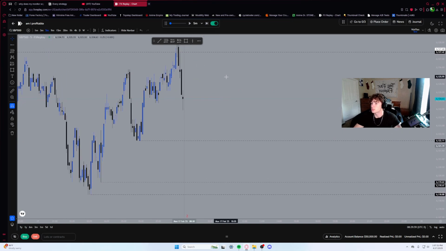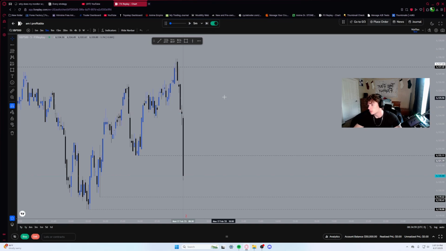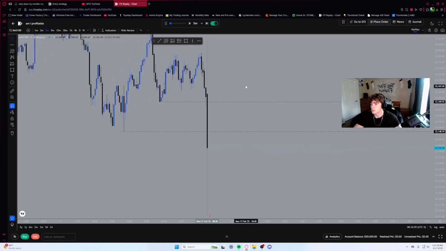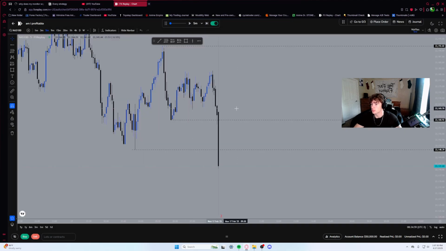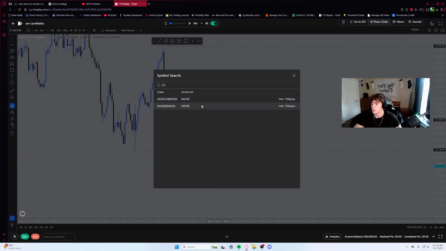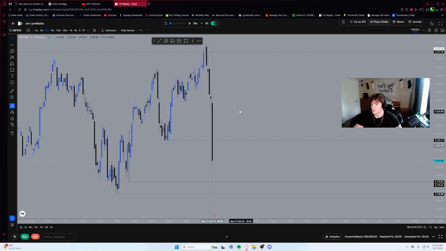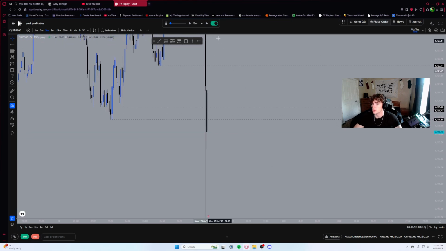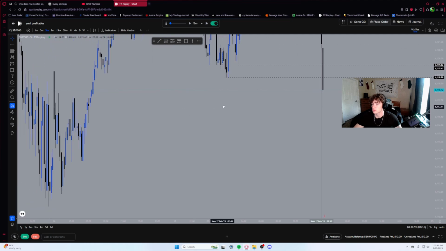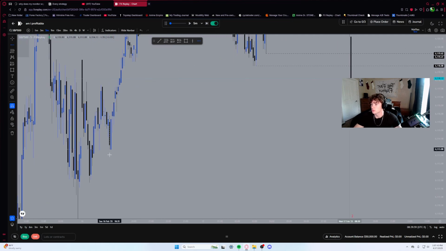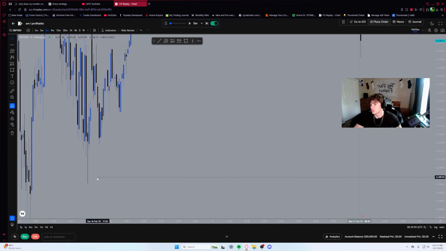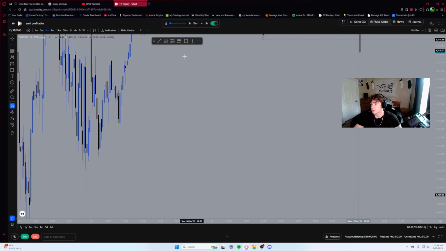All right, let's get into it. Let's go to the 5-minute. Let's look at NQ. Took out all the lows. What about NASDAQ or ES? We have not taken out all the lows. Let's wait for another candle. And we have taken out all the lows. That's fine. Let's mark out some more. Low resistance. I guess we can still mark them out though.